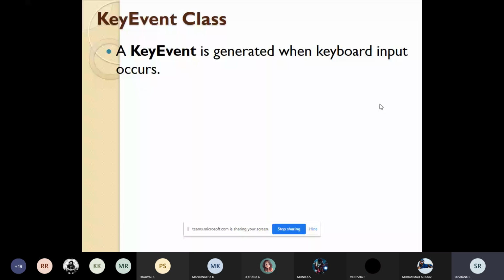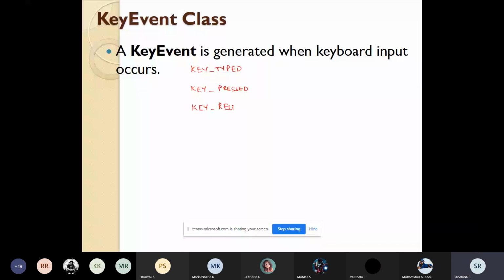So we have 3 types of keyboard events which are identified by the integer constants. What are the constants? KEY_TYPED, whenever I'm typing the key, KEY_PRESSED, KEY_RELEASED.